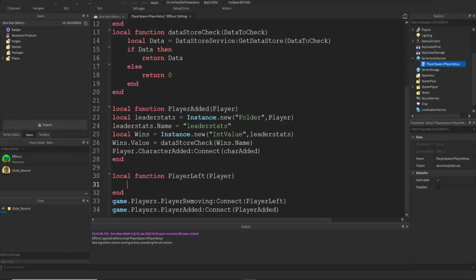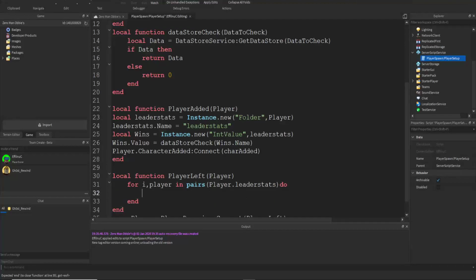And then we'll do for i, player in pairs leaderstats get children do, and we'll go local data equals DataStoreService GetDataStore